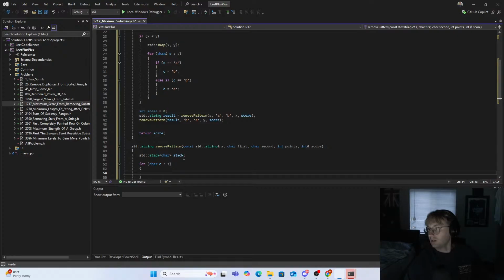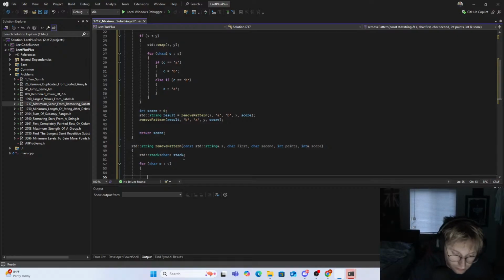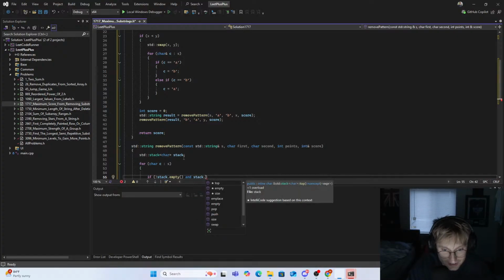But yeah, here we can do our check. Hang on, let me think. We want to check if the stack is not empty, right? So if stack dot... what is the value for this? Is it empty? Just stack dot empty. But then you need the negation, right? Yeah, not stack empty. And we can use the word and, bro, because we're goated like that. Stack dot top